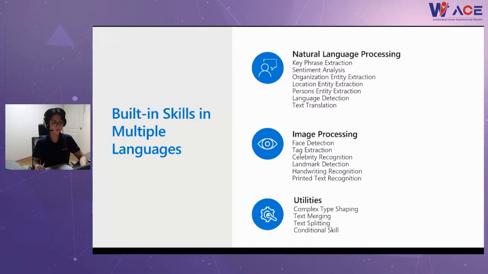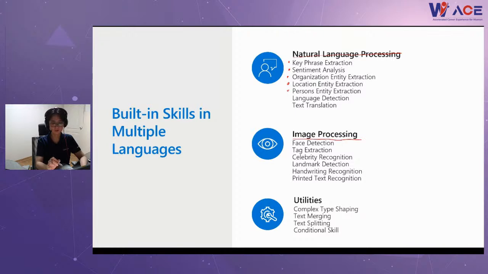So what kind of built-in skills does cognitive search support? For natural language processing, it provides key phrases, sentiment analytics, organization detection, location extraction, people extraction, and so on.